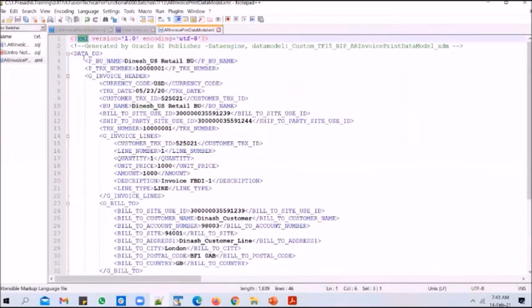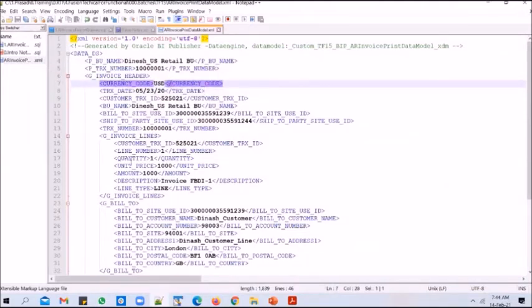And the XML format, it looks like this. It has a hierarchical structure, meaning you have one group within another group. And for each attribute, you have two tags. For each attribute, you have XML start tag and you have XML end tag. Say, for example, if you take currency code, this is a start tag for the currency code, and this is an end tag. How do you know which one is a start tag, which one is an end tag?